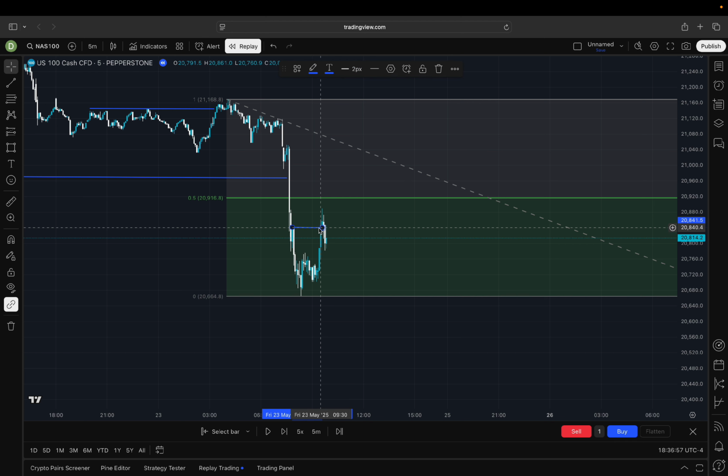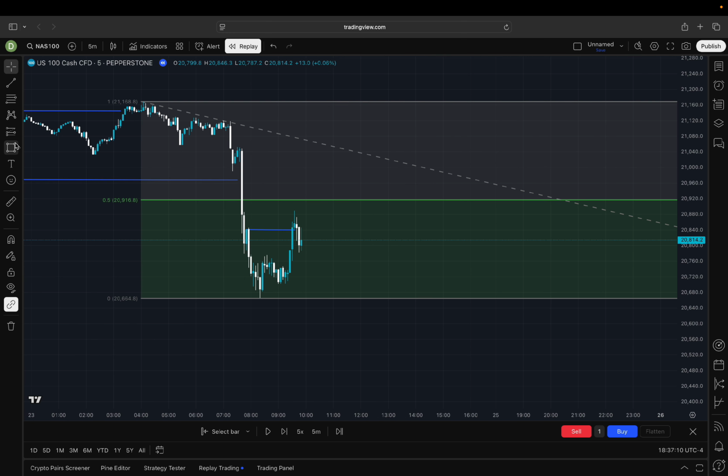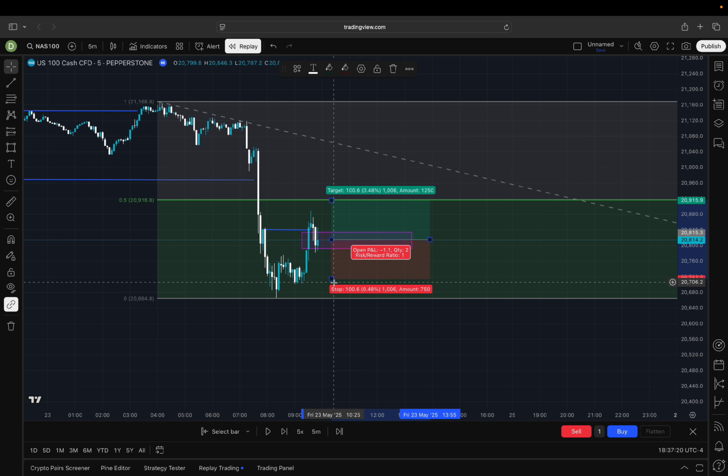And by the way, at this point, it is based upon your own trading strategy. My model is a simple market structure shift, fair value gap, and then target opposing liquidity. So I'm going to go ahead and mark out the fair value gap, which is right here. And we've already tapped into the trade. I'm going to put my long position at the middle of the fair value gap, stop loss below these lows,